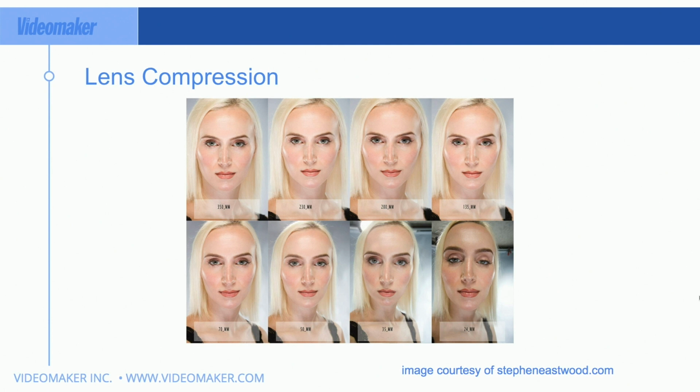There is such a thing as adding weight, but it's more adding weight with a wide shot than taking it away. So you just don't want to make someone look unflattering. You're not likely to make them look skinnier, though you might be able to not make them look as bad, if that makes sense.